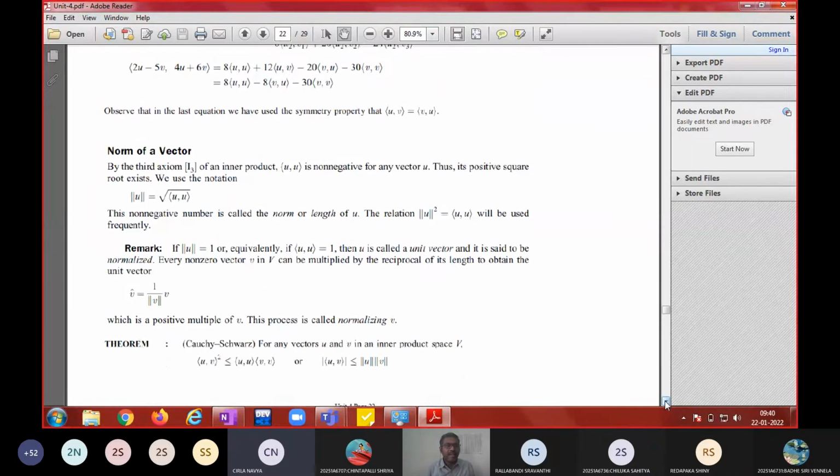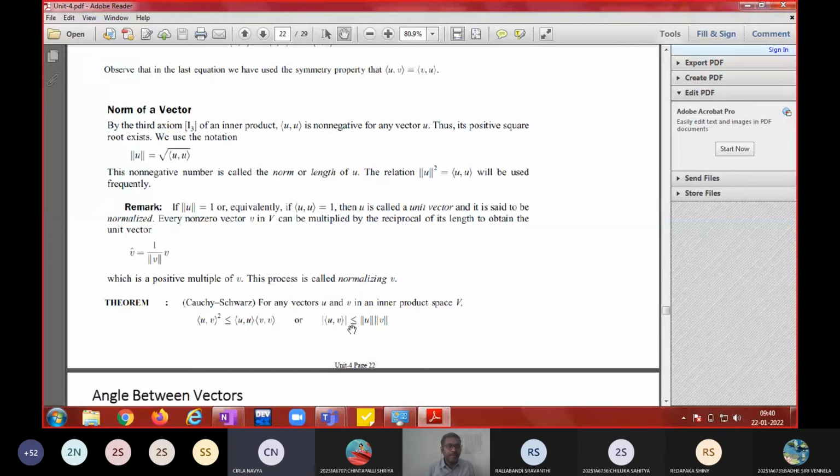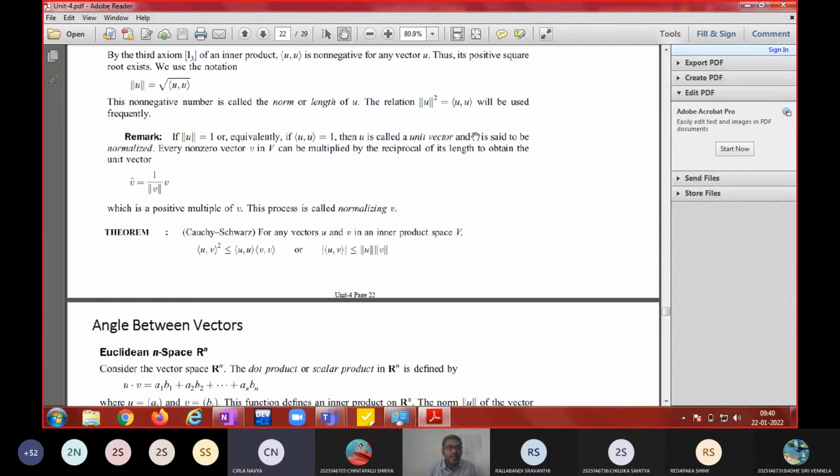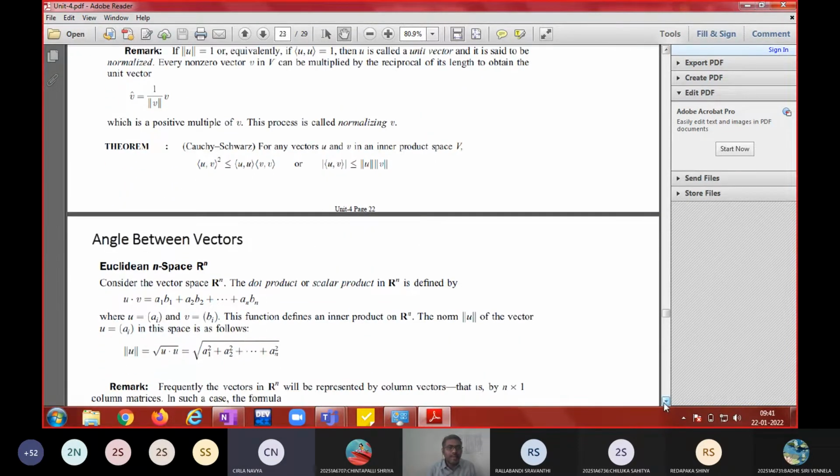And what is the norm of a vector? Under root of inner product of u comma u. And you can always normalize a vector to get a unit vector. Whenever the inner product is equal to 1, that is called a unit vector. Inner product 1 means norm is also equal to 1 because root of 1 equals 1. You can always normalize a vector, and this is an important inequality called the Cauchy-Schwarz inequality. It says that the inner product of u comma v whole square is always less than or equal to,